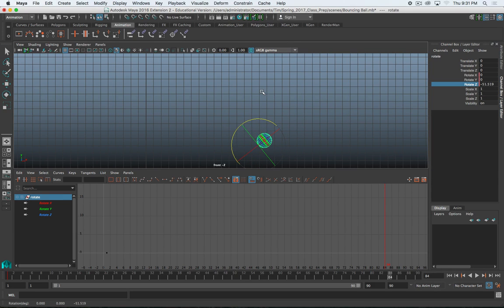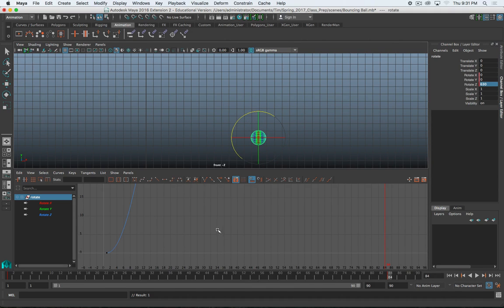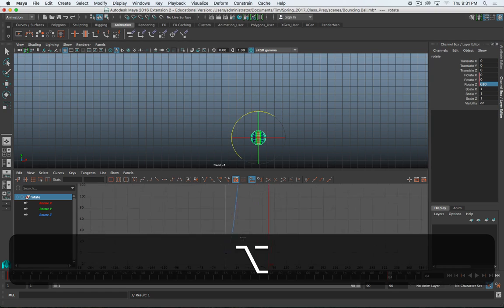It's rolling this way. Now you can see as I roll, the pivot is wrong. So before I do that, I need to go up to Modify and Center the Pivot. Then I'm going to set my rotation Z to some interesting number. Let's say 630. Why not? Okay. Now, what we have here, if we graph it,